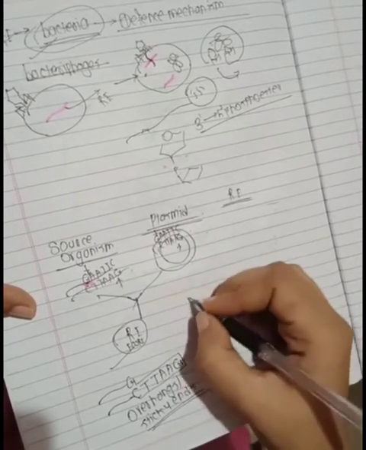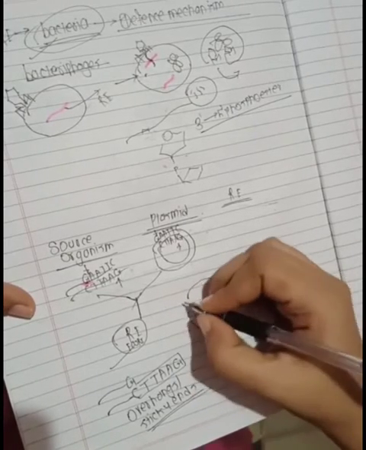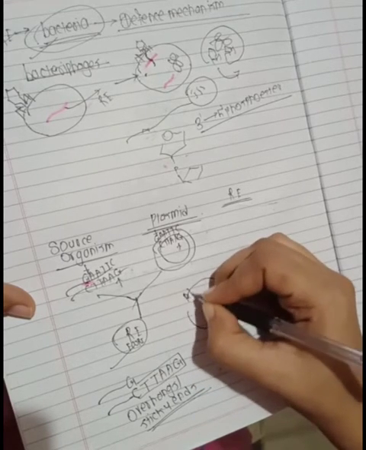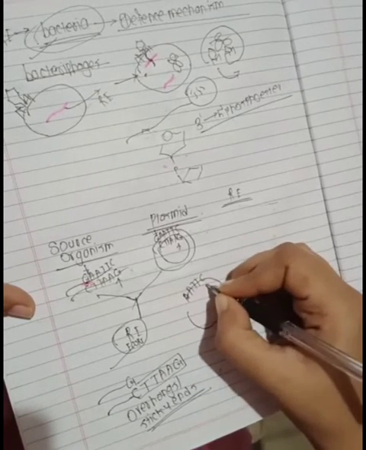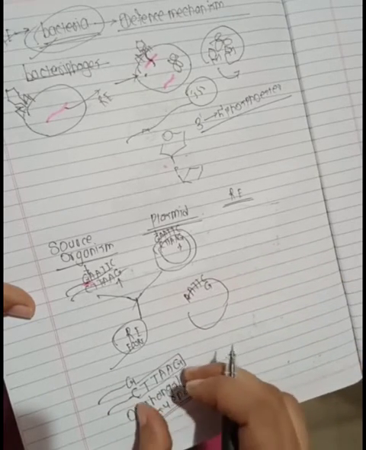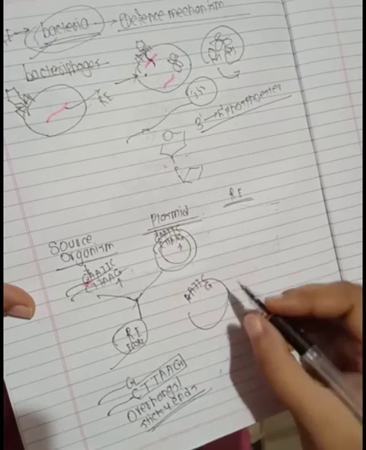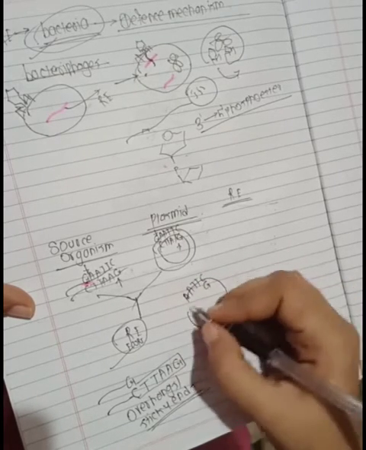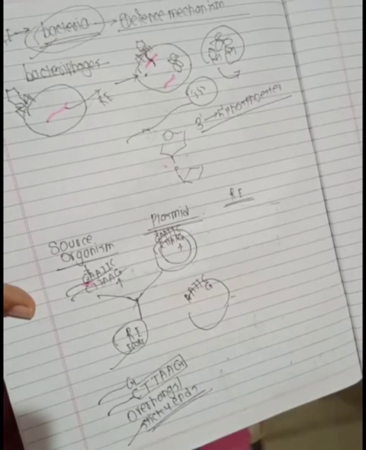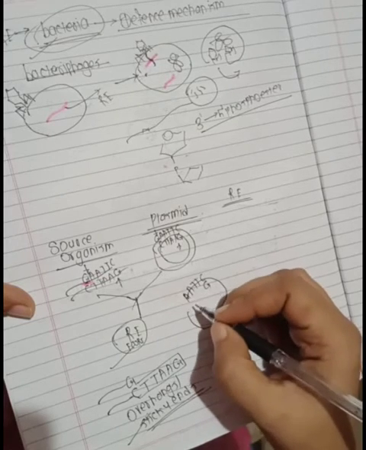They are formed here also. In your vector the same thing will happen. A A T T C and here will be G. So what will happen now? This fragment is going to get inserted into this. Why are they called sticky ends? Because they will go and stick here, forming complementary base pairing.